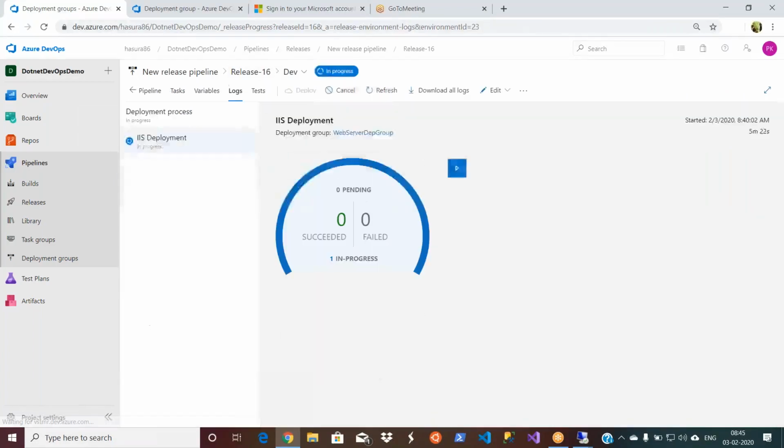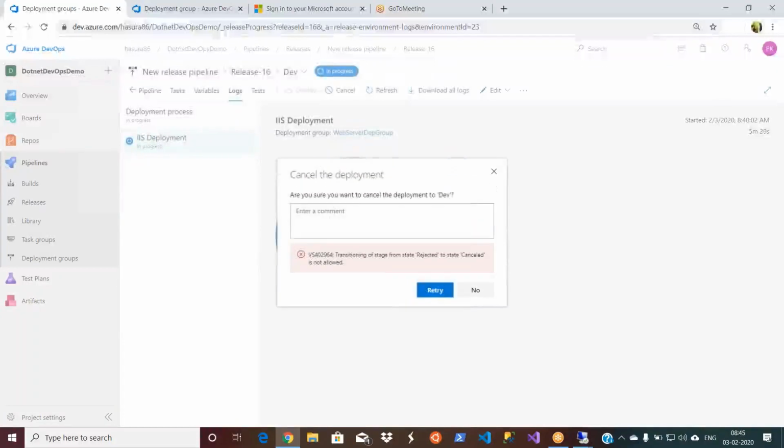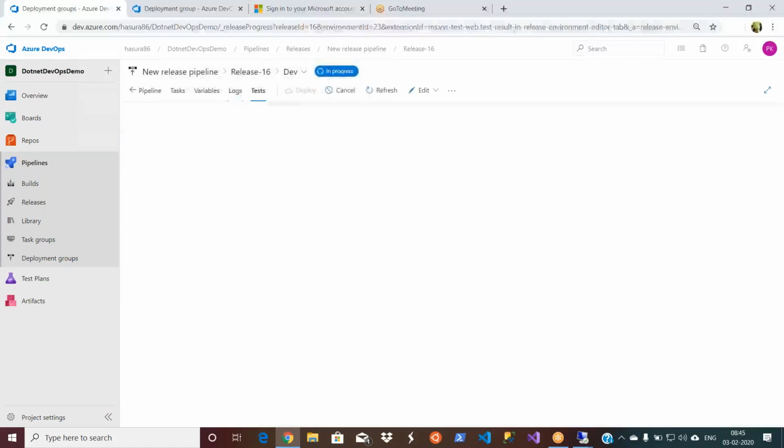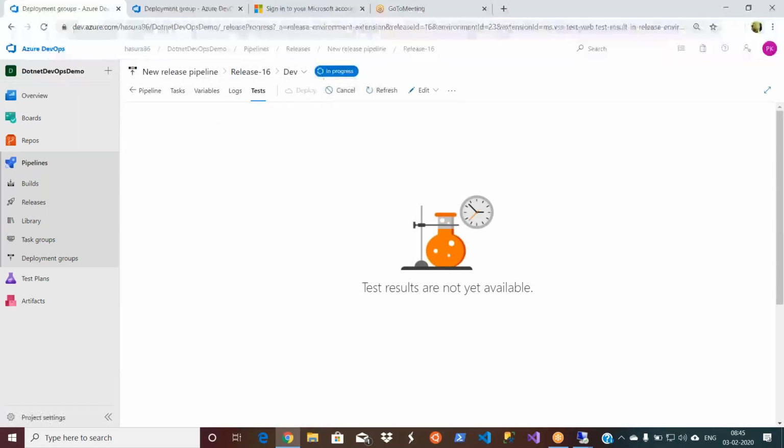No, it should not take this much time. Even for the deployment it is taking time, 5 minutes. Cancel it. It is saying rejected. It's not changing here. It's showing still in progress, right?